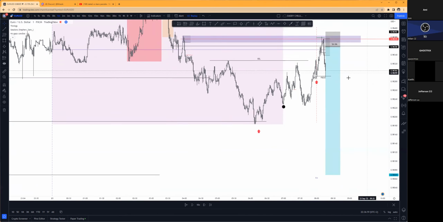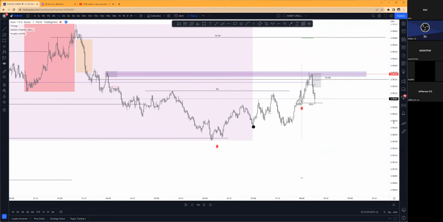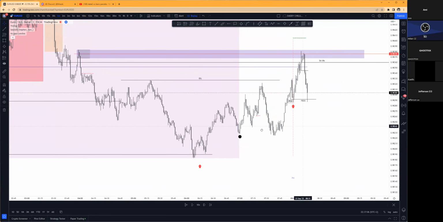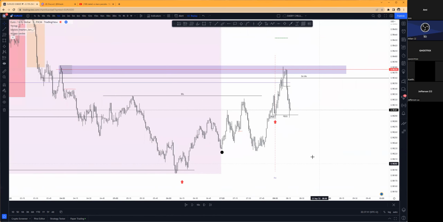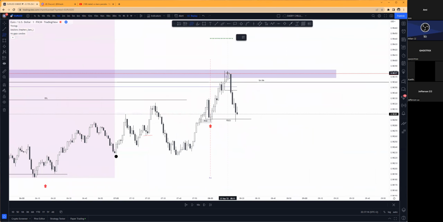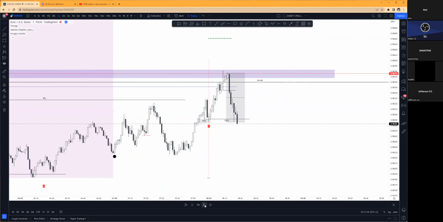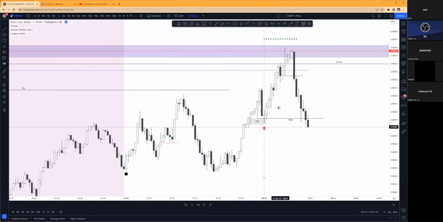Okay, and price never tagged us in. Wow. What I would do here, I would just wait for a deeper retracement or at least 50%, and try to sell from the 50%. But with this momentum, I don't know. Well, yeah, it just keeps mitigating stuff. Right after this,